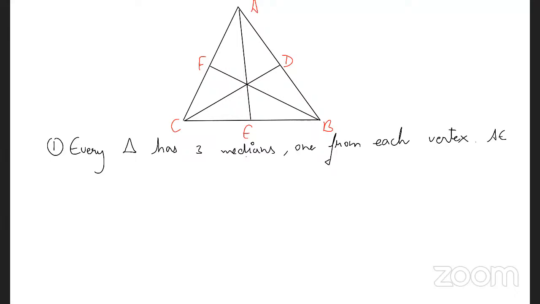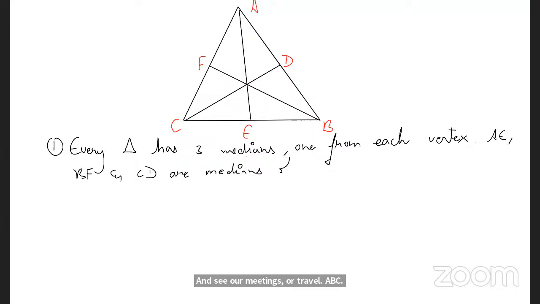What are the medians of this triangle? AE, BF, and CD are medians of triangle ABC. Okay. Then, can you see that the three medians that I drew in this triangle are meeting,